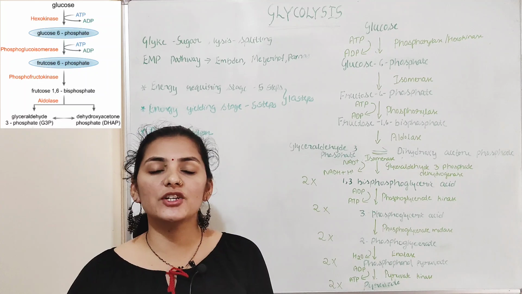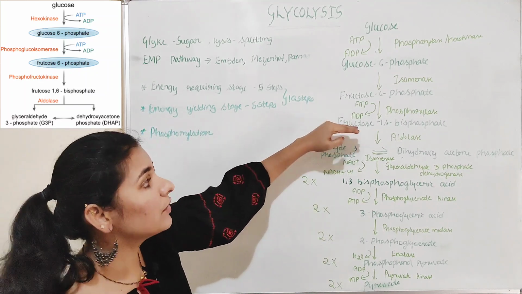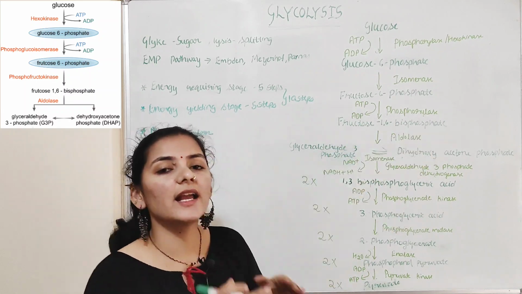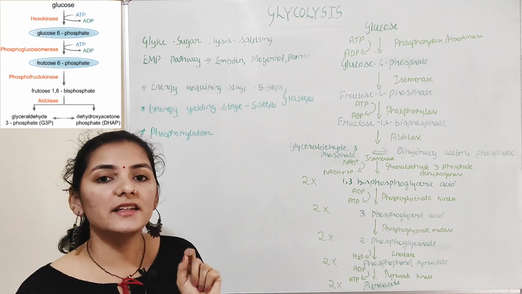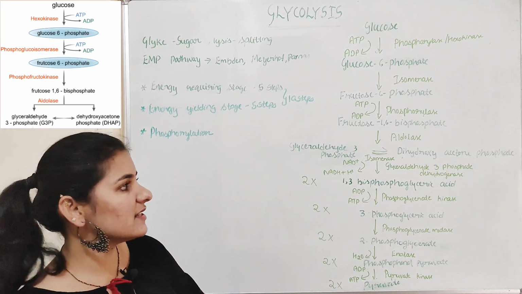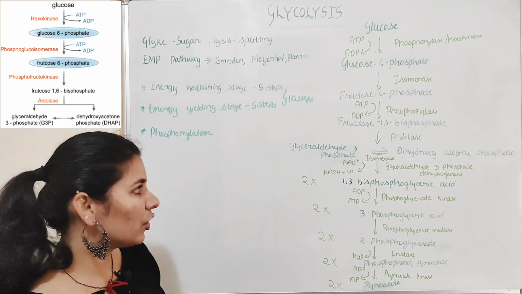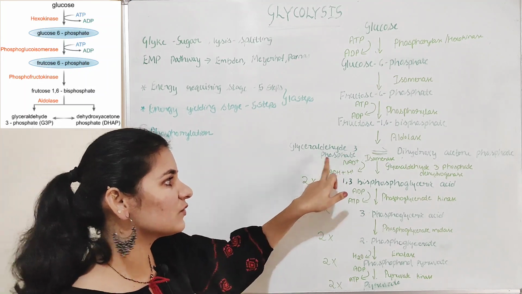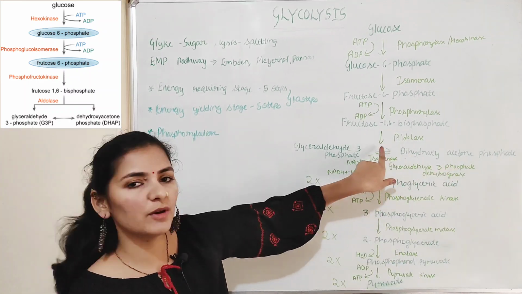So actual cleavage or lysis takes place at the fifth step, where the 6-carbon fructose 1,6-bisphosphate is cleaved into two 3-carbon compounds, and this step is catalyzed by the enzyme known as aldolase. So two 3-carbon compounds are formed, that is glyceraldehyde 3-phosphate and dihydroxyacetone phosphate, and these two 3-carbon compounds are